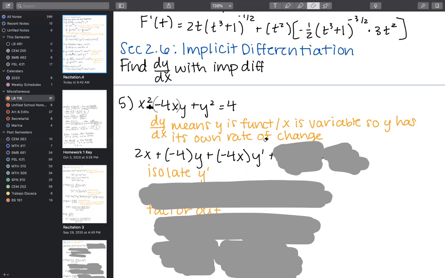And so then with y squared, we're going to first treat it like a variable. So it's going to be 2y to the first, but then again, it has its own derivative embedded in it. And so it's 2y times y prime. And then since that's just a constant, its derivative is equal to 0.